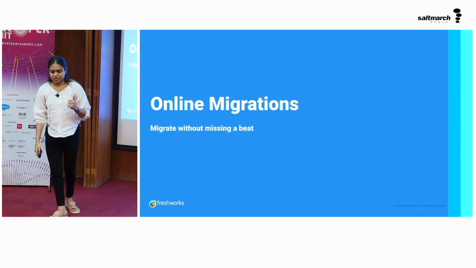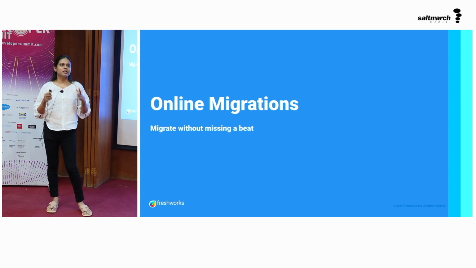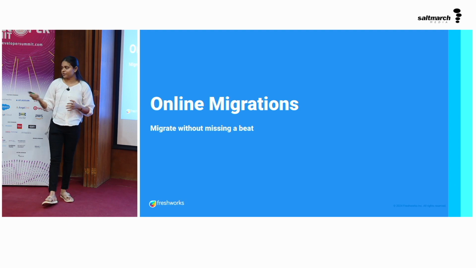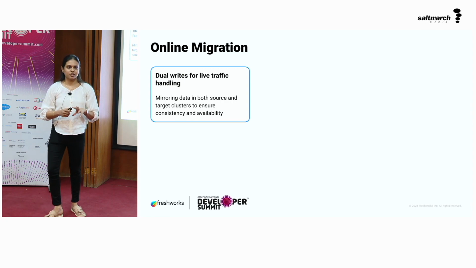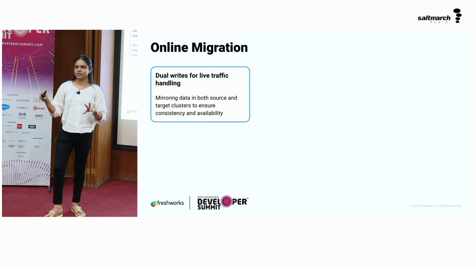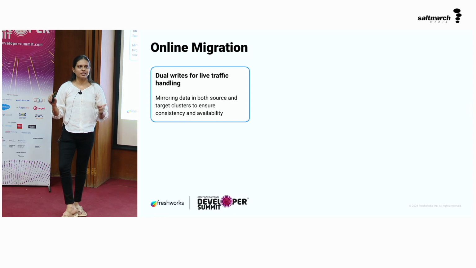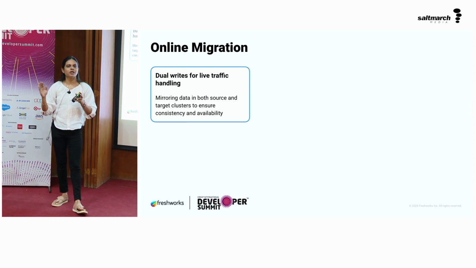So online migrations, right? These are migrations without downtime. And hence, in order to ensure the operational continuity, it is important to manage the live traffic, the incoming live requests to the application effectively while the migration is running in parallel in the background, right? And in order to address the live traffic, we use the dual writes methodology, where every single write request from the application is broadcasted to both the source and the target cluster simultaneously. That is in real time, or at least near real time. That way the two databases are always in sync and consistent with each other. That way when the target database becomes fully operational, the switch from source to target becomes very quick and seamless